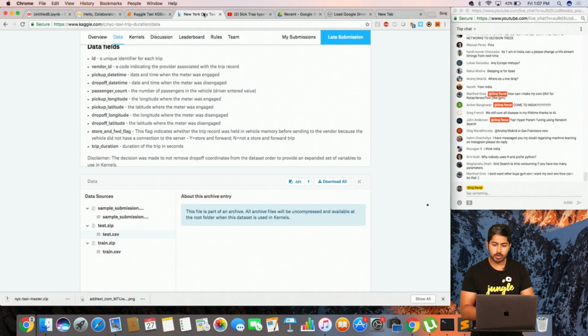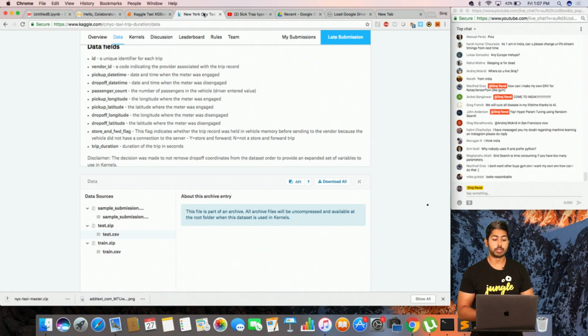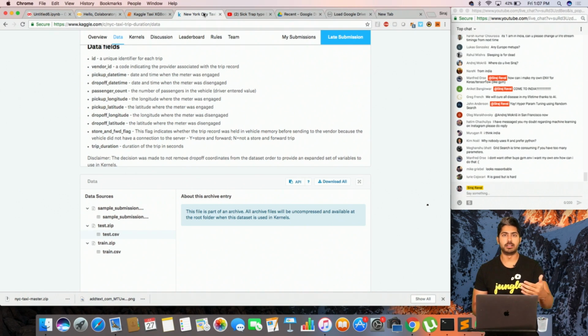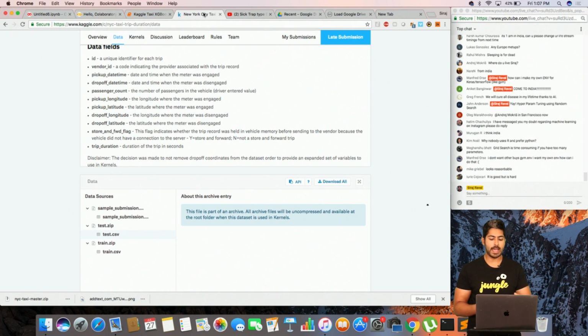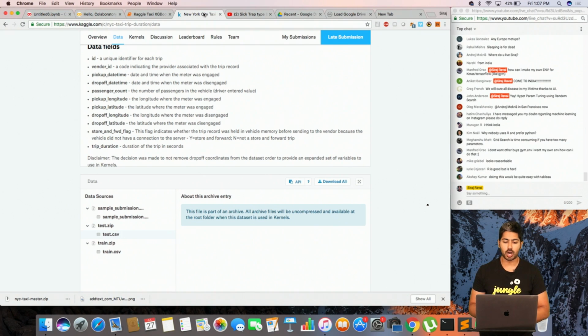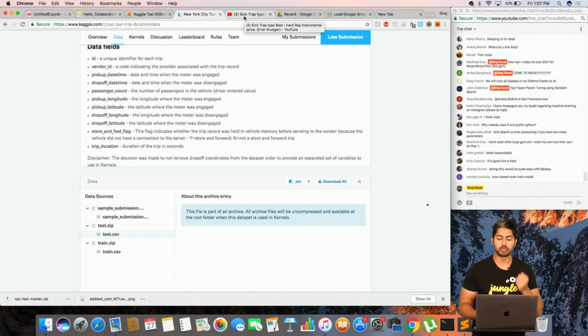How can I make my own environment like Keras and TensorFlow? Listen, you don't want to do it yourself. You want to use Anaconda. You want to use virtualenv. You want to use Docker. You don't have to mess with dependencies, right? We have tools now to automatically install the dependencies you need.